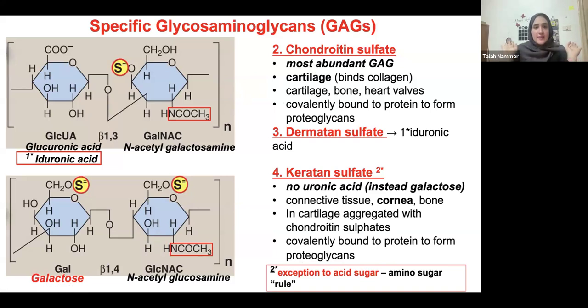For hyaluronic acid. So guys, if you think of it, we have two exceptions. The first exception is hyaluronic acid: it's not sulfated, and it's not covalently bound to proteins. Okay, this is for hyaluronic acid. The other exception is keratan sulfate: it does not have uronic acids, it has galactose. Okay,